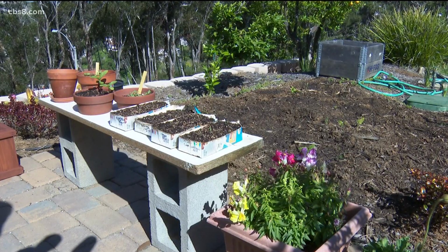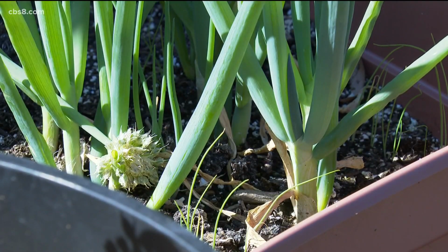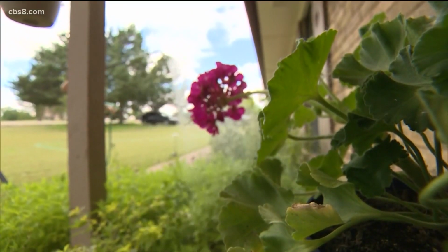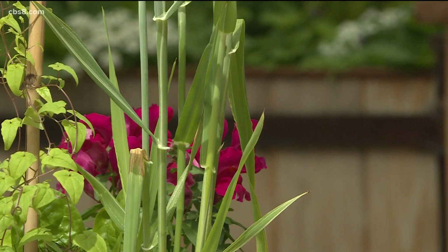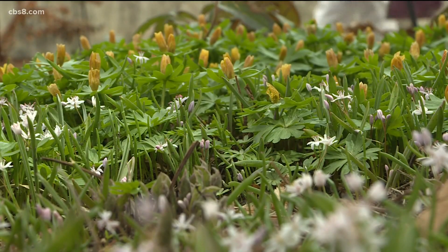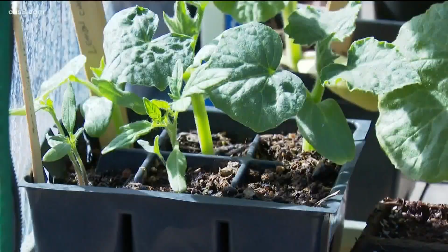So the first thing you want to avoid is any kind of broad-spectrum insecticides, anything that is a blanket spray over your yard to get rid of all the bugs. Using specific products for bug problems is okay, but we don't want to kill every bug in our garden because there are very important bugs that support the other parts of the ecosystem. The other thing is a lot of these native plants don't like synthetic fertilizers. So using organic, natural fertilizers is going to help sustain them through their life. And then the last thing is